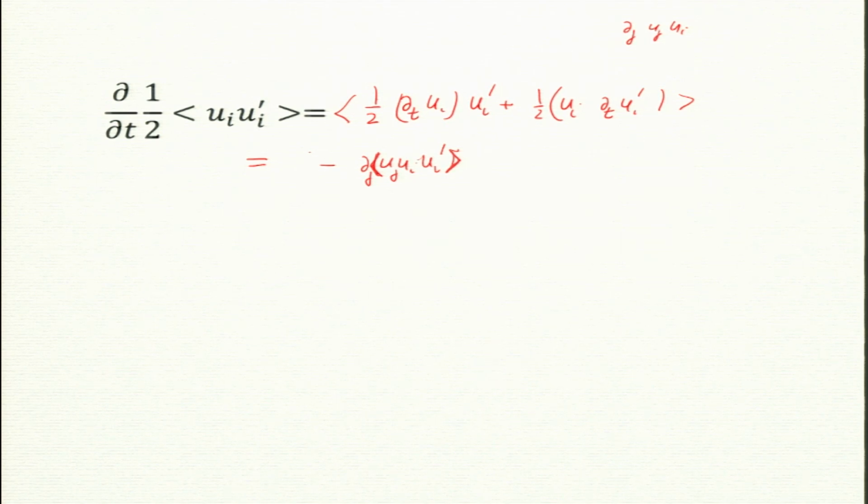Now, the second term, you just follow the same steps. Here the derivative will be on the prime variable, so this will be del_j prime, because it is the second point: uj prime ui prime. Now, ui will go inside. So, this is uj prime ui prime ui. What about pressure? d by dt is this, minus grad p. So, minus del_i p. Now, ui prime can be pushed in because the derivative acts on p, not on the p prime variable. So, it is ui prime. Same thing you derive for the other one.